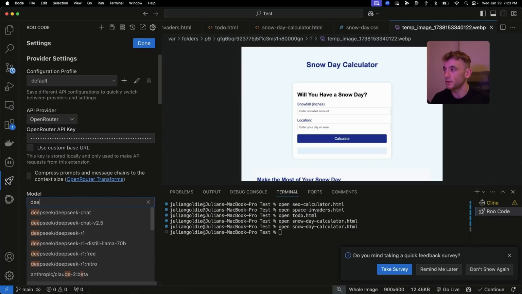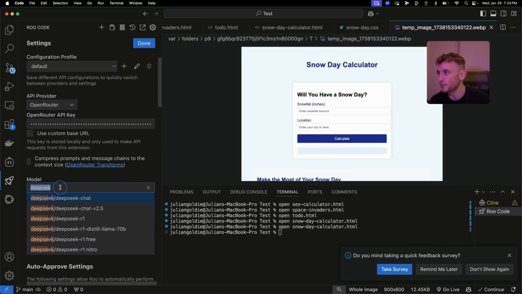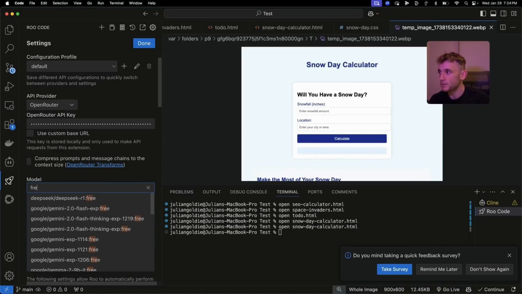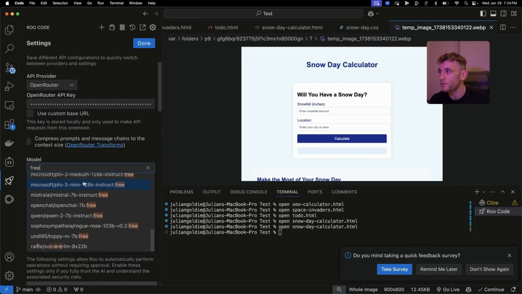So you don't have to stick to DeepSeek-R1. You could use DeepSeek Chat or DeepSeek-R1 Nitro. I'm sure that sounds like a faster version. I'm sure on OpenRouter's website you can get all the details on these things. And then if we actually type in free, you will see all the free versions of the APIs that you